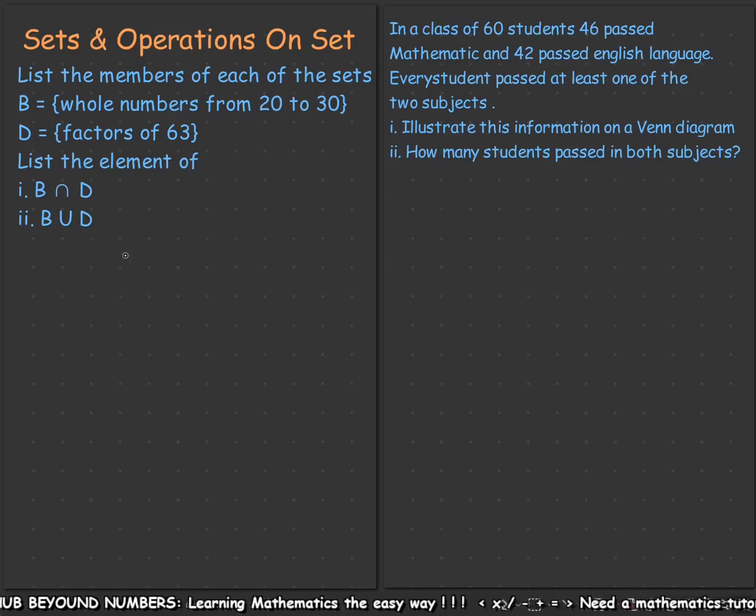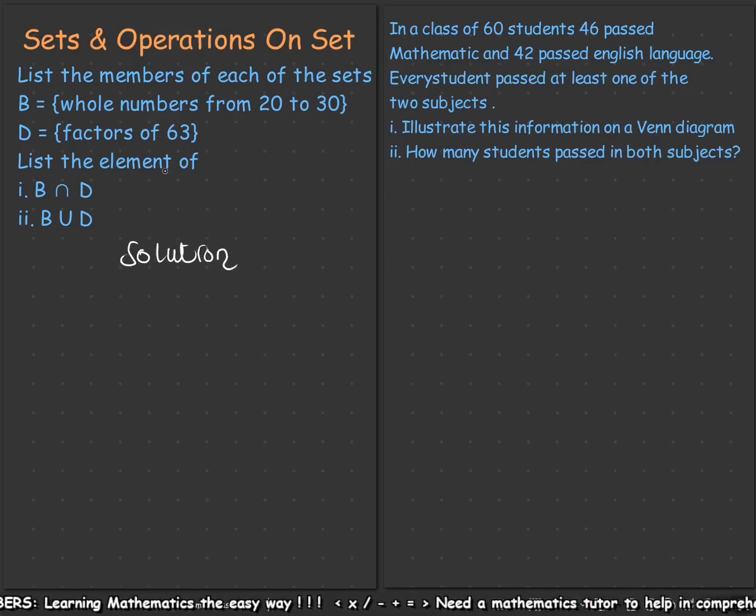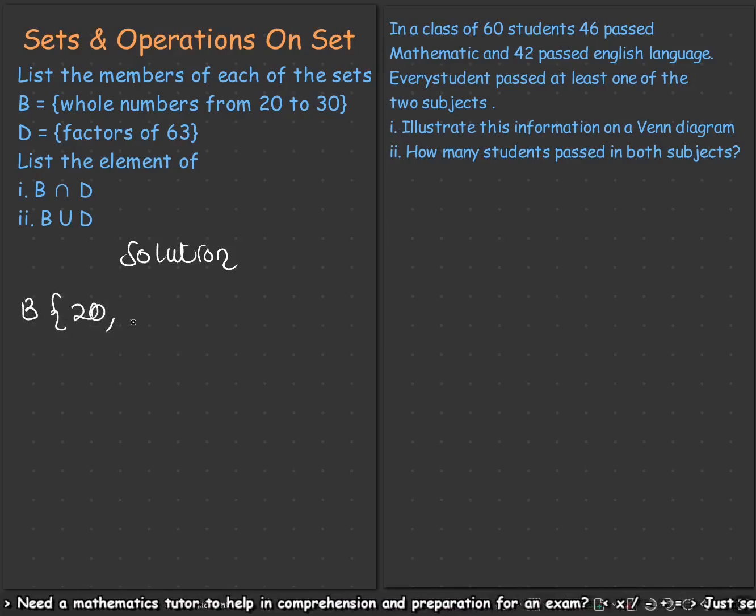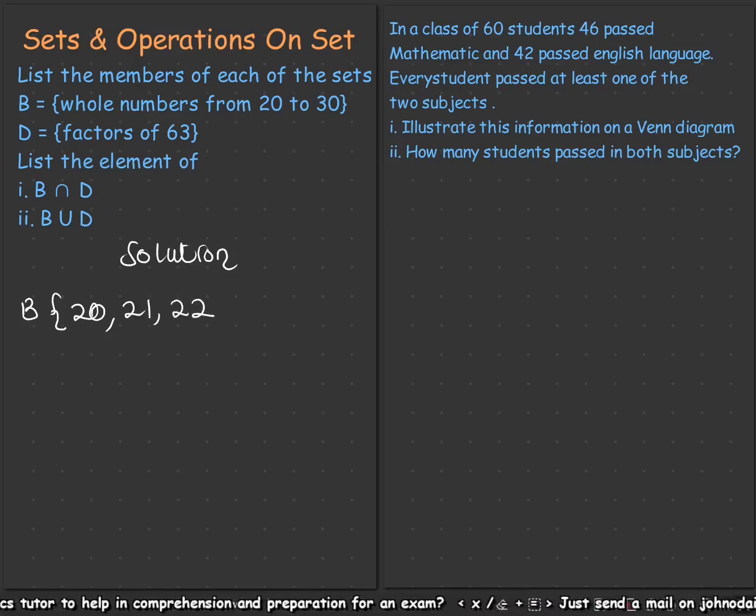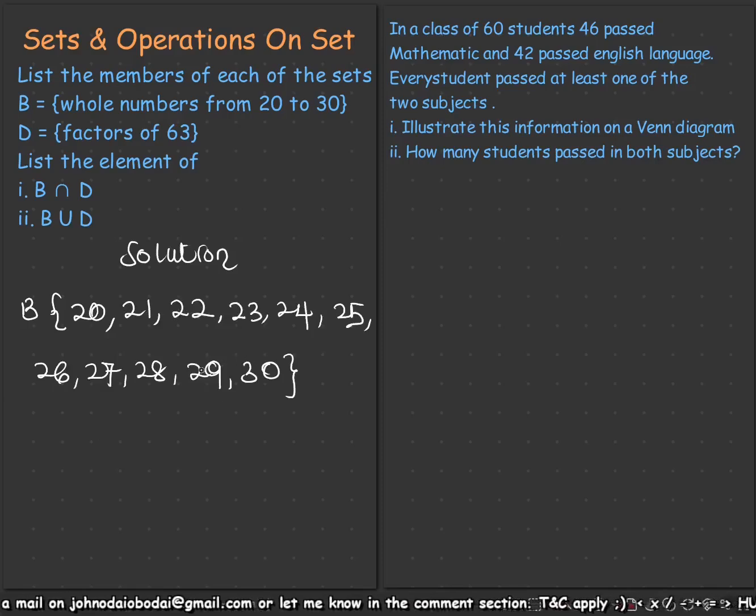For the very first question, which says you should list the members of each of the sets. For set B, we are talking of whole numbers from 20 to 30. And for whole numbers, of course, 20 is included, followed by 21, then 22, all the way towards 30, as we see over here. Then for the factors of